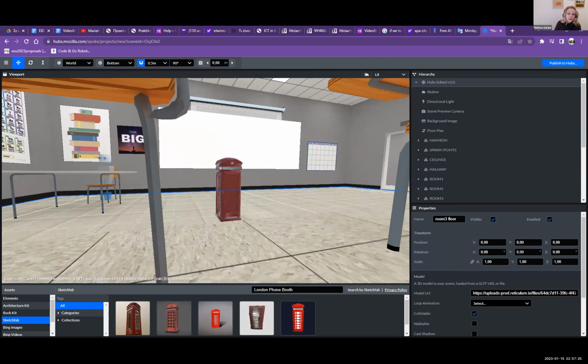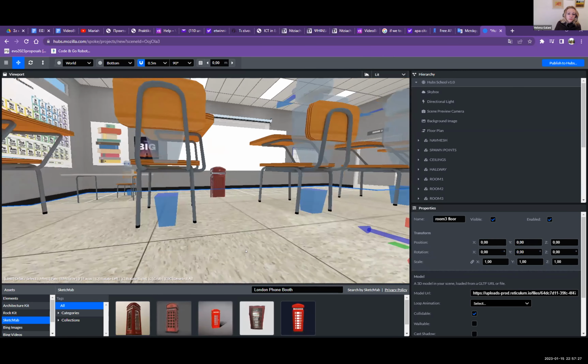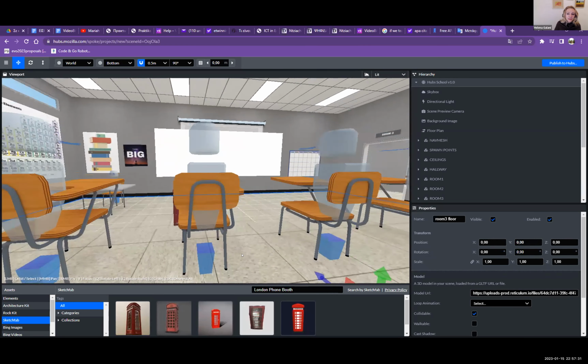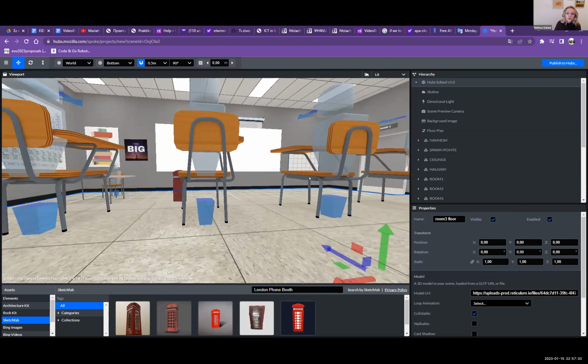If you feel that your classroom is cluttered, then you can delete objects, either from the hierarchy panel on the right. Let's say not the skybox. If you go down, you should have